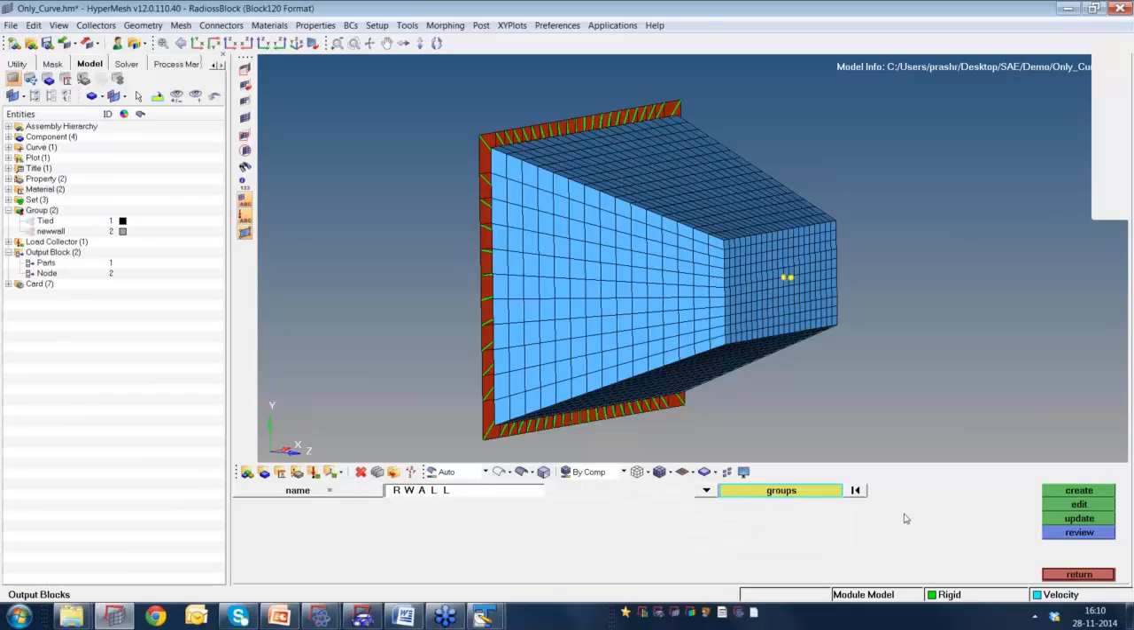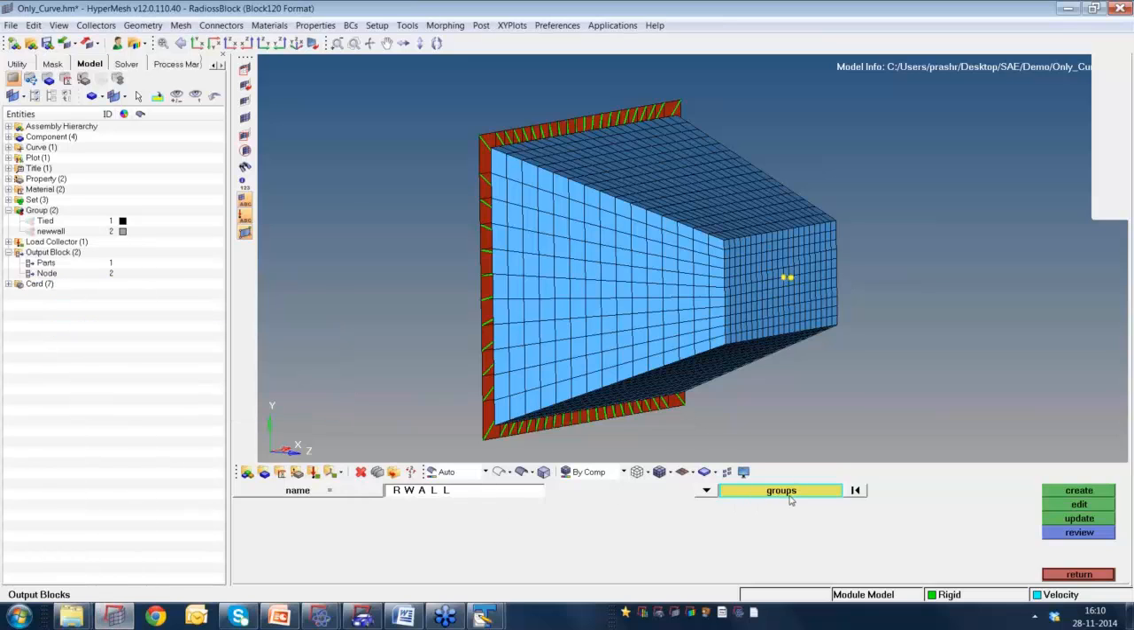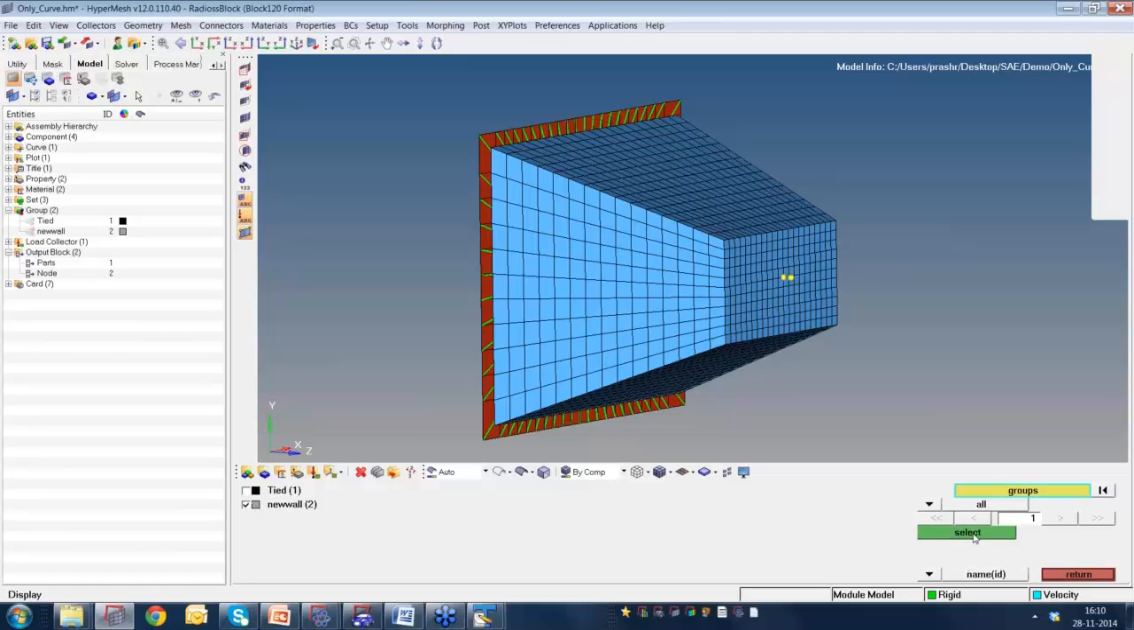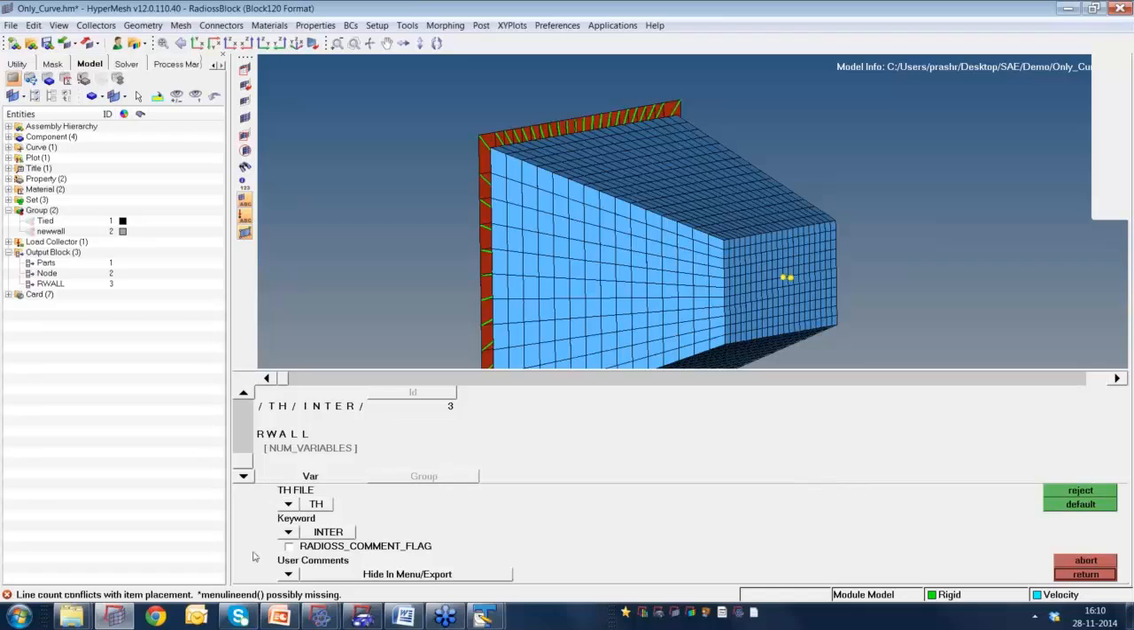Okay, groups, create. So groups, I will select this, select, create, edit. So the mistake was here: when you go with rwall, your keyword has to be rwall. So it is not inter. So that was the mistake. So I will change it to rwall, because if you see here,